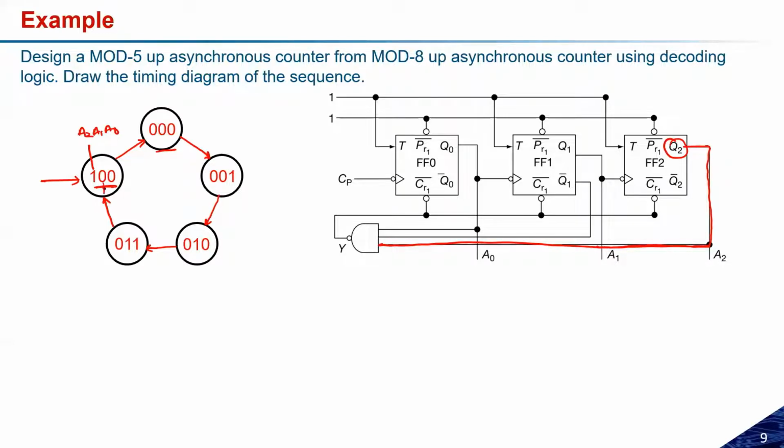A1 is 0, so the second input will be Q1 bar, that will be connected to the NAND gate. And similarly the third one is 0. Sorry, I made a mistake here. These all are the valid states, right? The next state could be 1 0 1. 1 0 1 is an invalid state,